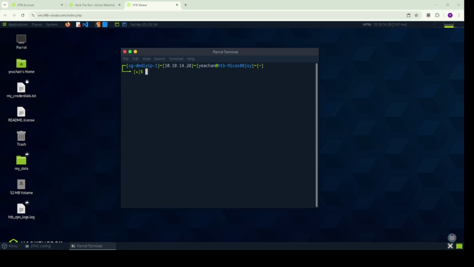Hello everyone. Today we are going to solve the active HackTheBox machine. So first we will start with the Nmap scan, and the IP address will be